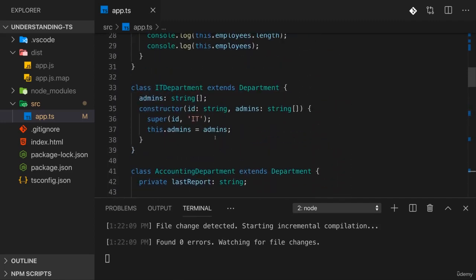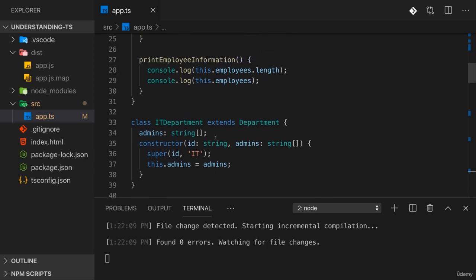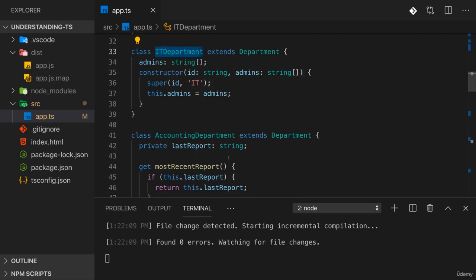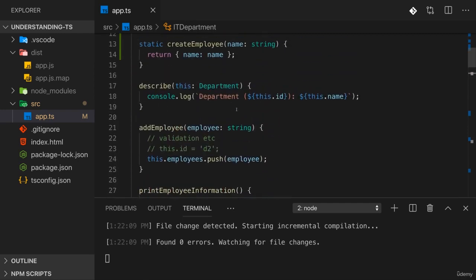But sometimes you don't just want to offer the option of overriding a method, because that always exists. You instead want to force the developers working with a certain class or extending a certain class to implement a certain method or to override a certain method. When would you do that? Well, whenever you want to ensure that a certain method is available in all classes based on some base class, in this case department, but when you also know at the same time that the exact implementation will depend on the specific version. So when you can't provide a general method, but you want to enforce that this method exists,